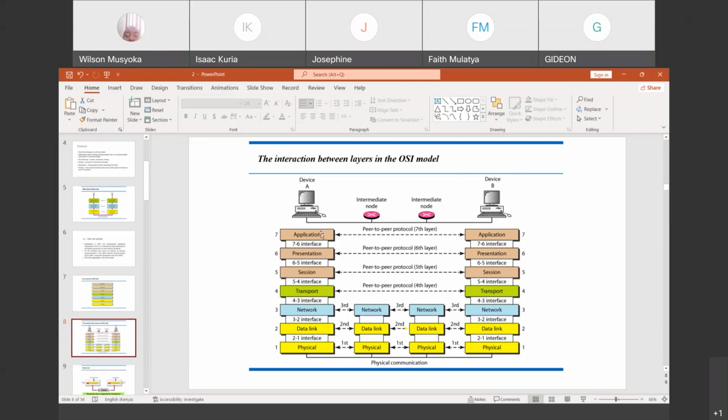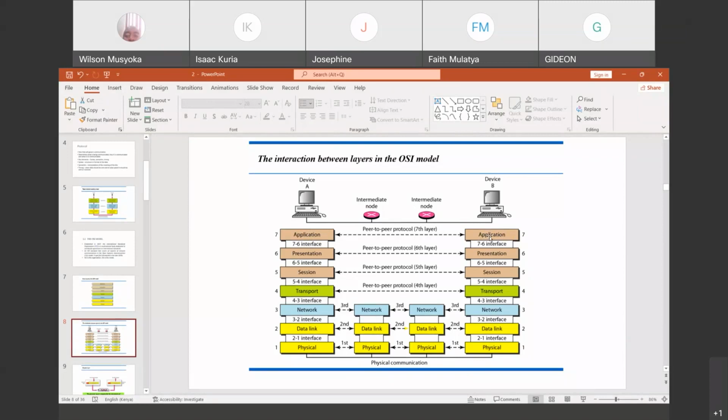So this device will prepare a message. Let's say it is an HTTP message, maybe on Gmail, HTML. Gmail prepares a message and it wants to send. So Gmail will communicate with another Gmail application on the other side. What does that mean? The application that has been used to prepare the message here is the same application that will be used to open the message on this side.